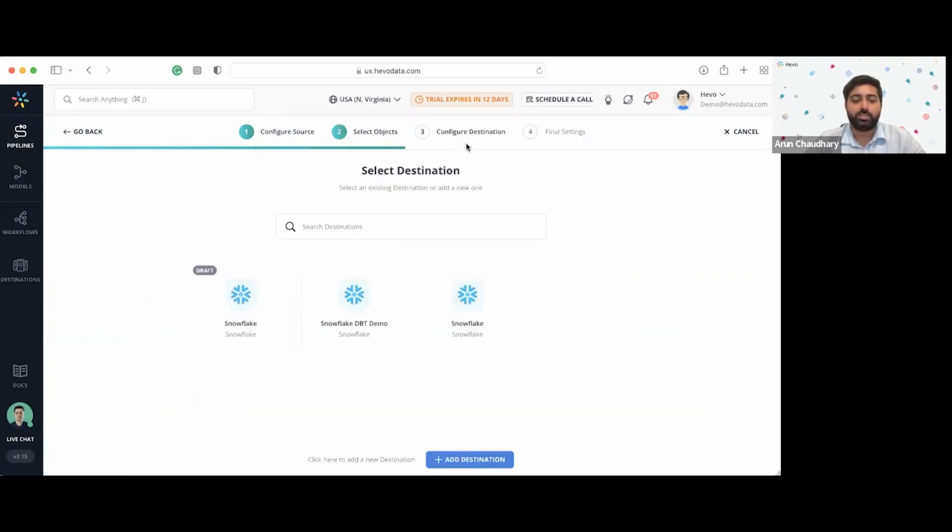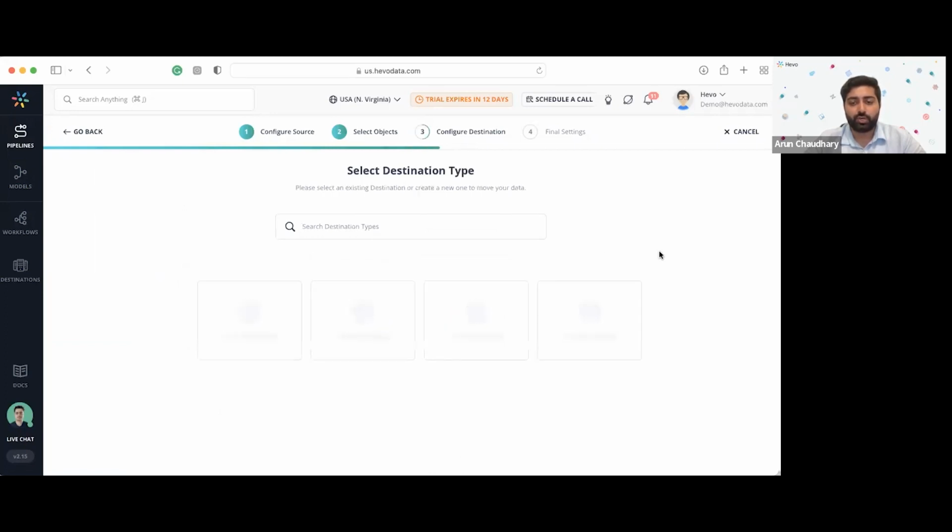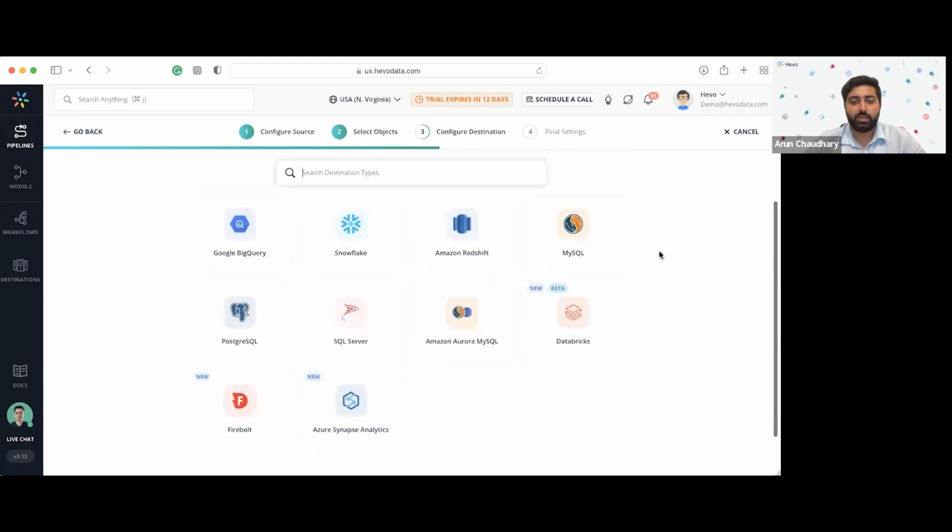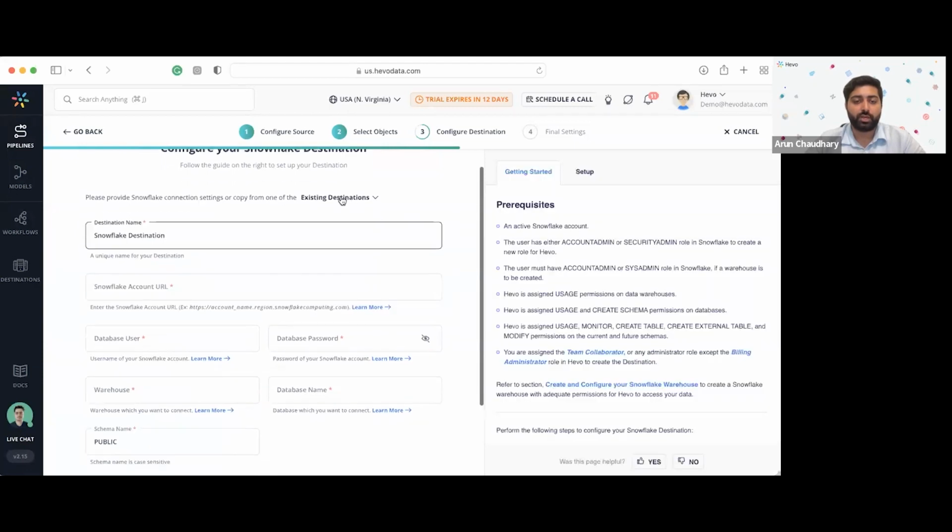And now we have come to the third step, in which we have to configure the destination, right? And to show you the destination we support, we support these 10 destinations. Of course, Snowflake, Redshift, and other major cloud data warehouses, and widely used databases like Postgres and MySQL are there. And to show you how easy it is to configure a Snowflake account,